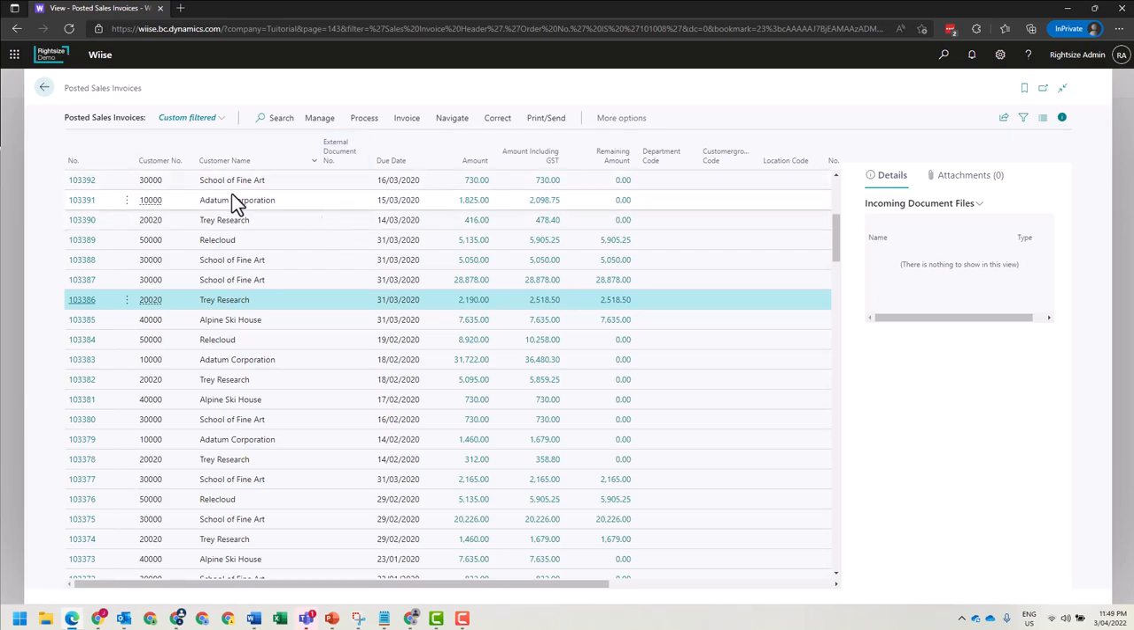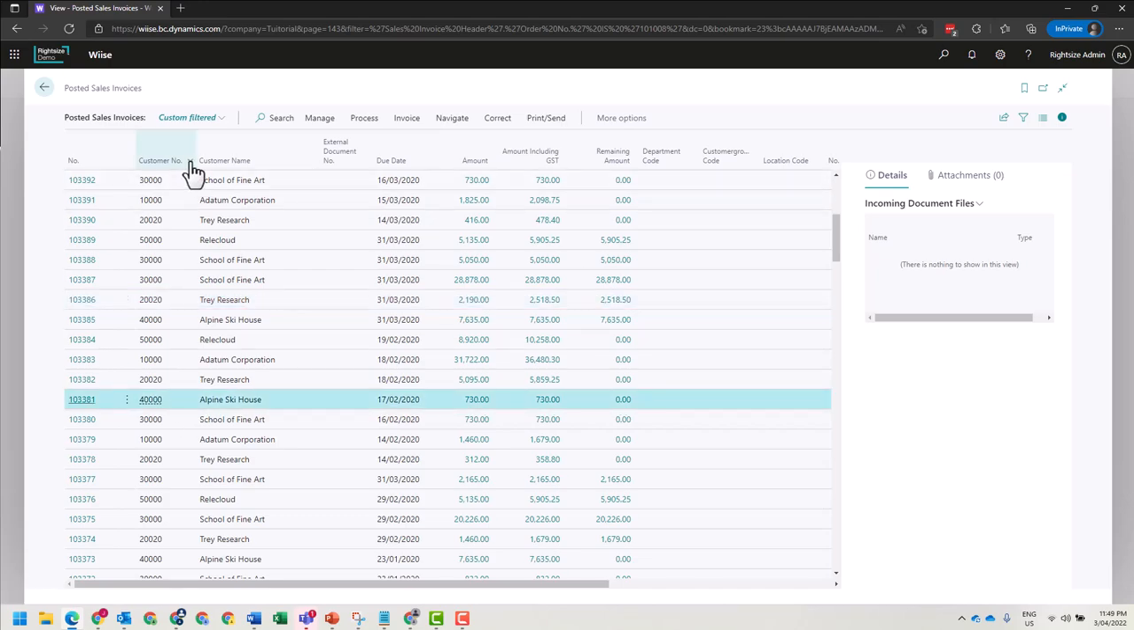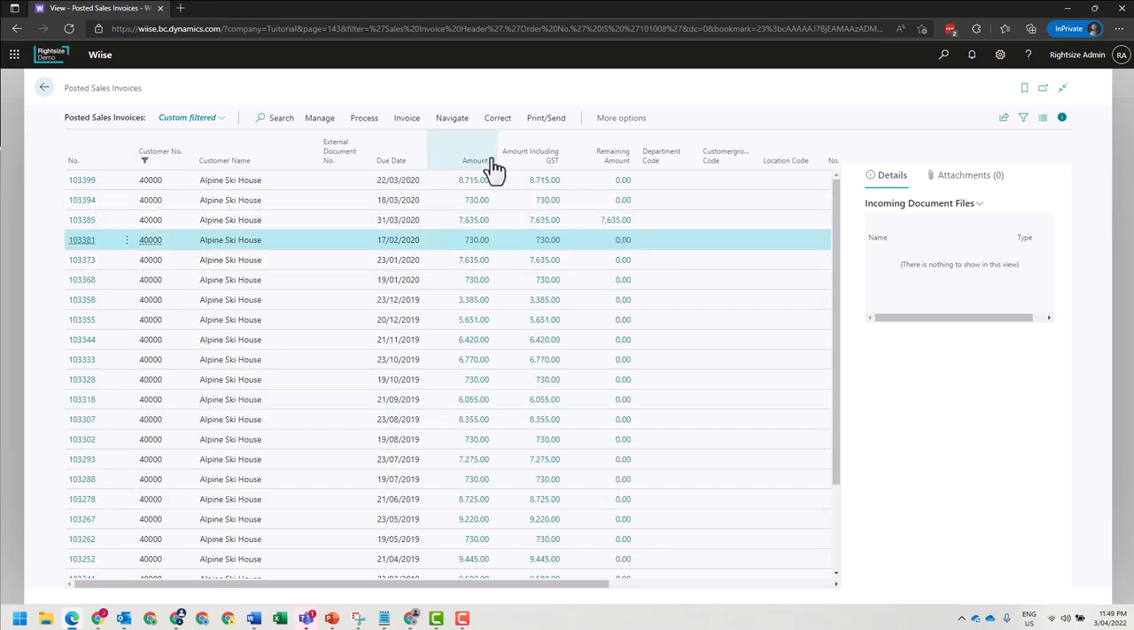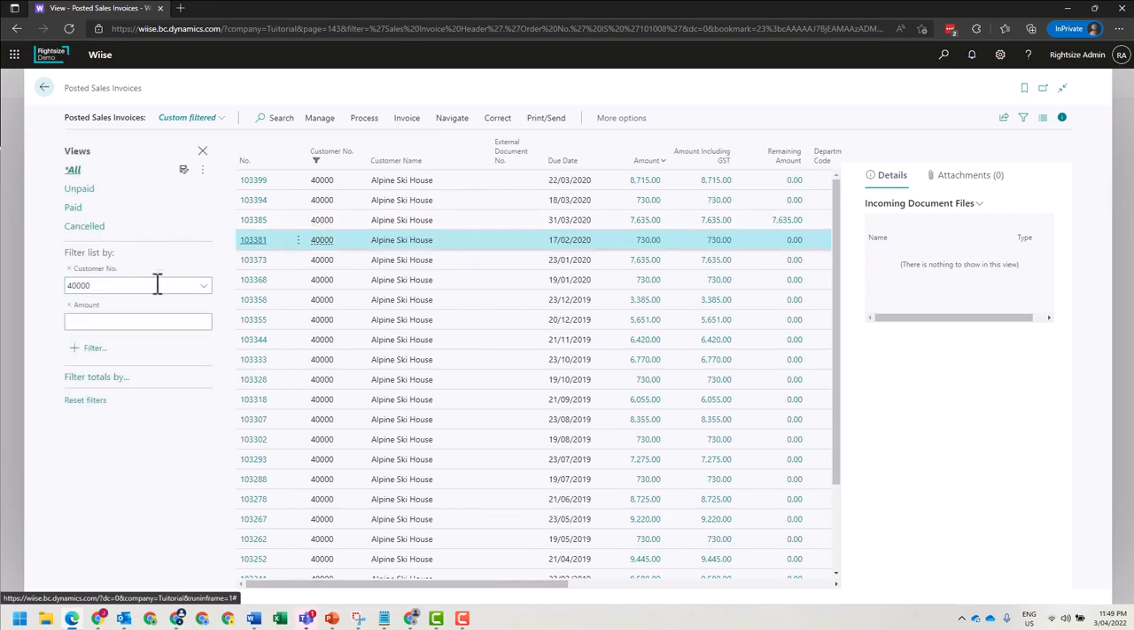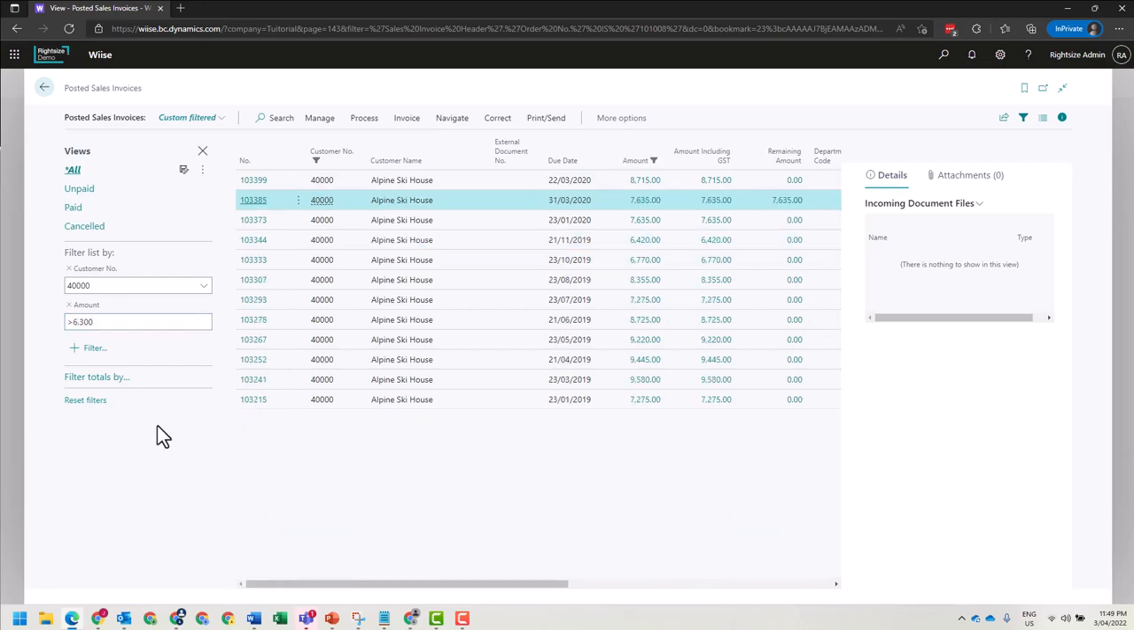I'm going to filter to the value of an account number, and then I'm going to custom filter here for an amount that exceeds $6,300, just there. So the search capabilities within the system are powerful using the column-based filtering of filter to this value